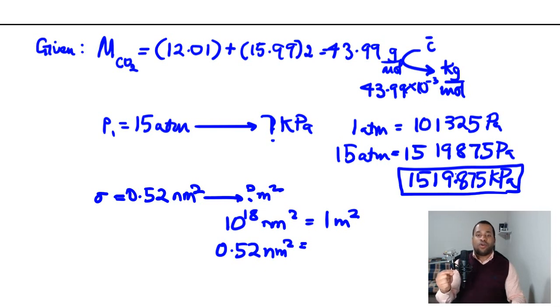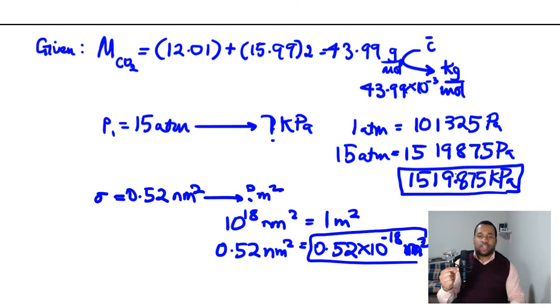Therefore, our value is 0.52 times 10 to the negative 18 meters squared. So this is going to be used in this particular question as well when dealing with the cross-sectional